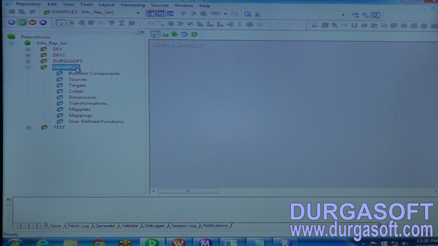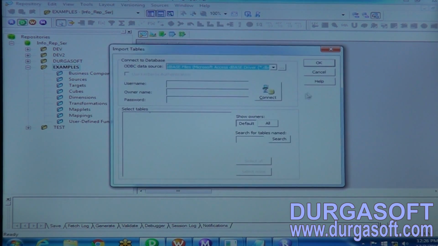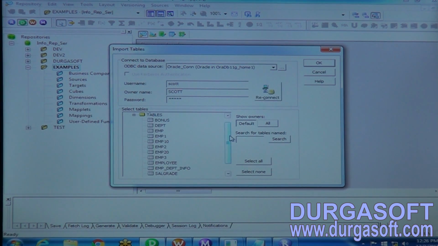So the examples folder. Here you can create the source definitions. Sources, import from database, select the ODBC connection for the Oracle database, and give the schema name Scott and owner name Scott, password Tiger. Click on connect. Now it will show you all the tables which exist.